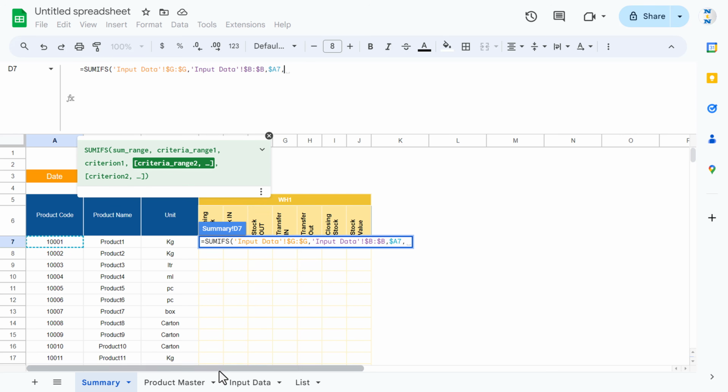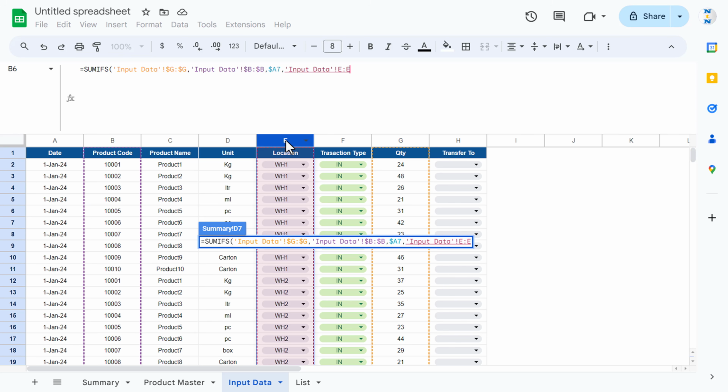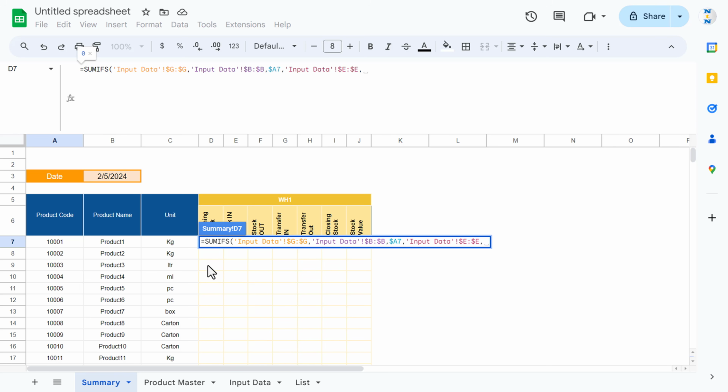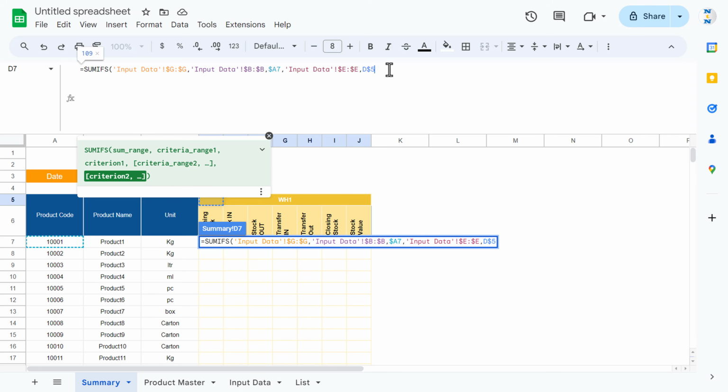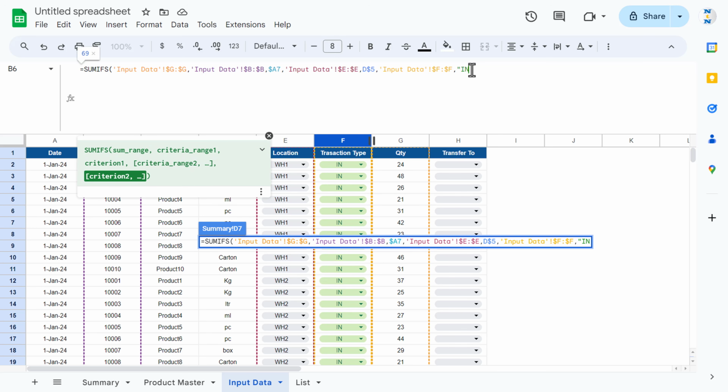The next criteria range, go to the input and select the warehouse, the column E. Press F4 to freeze this, comma, come back to the summary sheet and warehouse 1 will be this cell. And we will put the dollar sign before row number, okay, comma, come to the input again and this time we will select F column. Press F4 to freeze this, and first we will need the in, okay, comma, the last one we will use